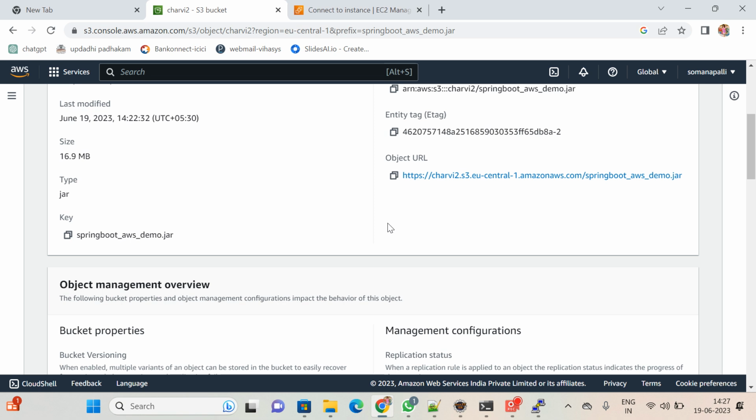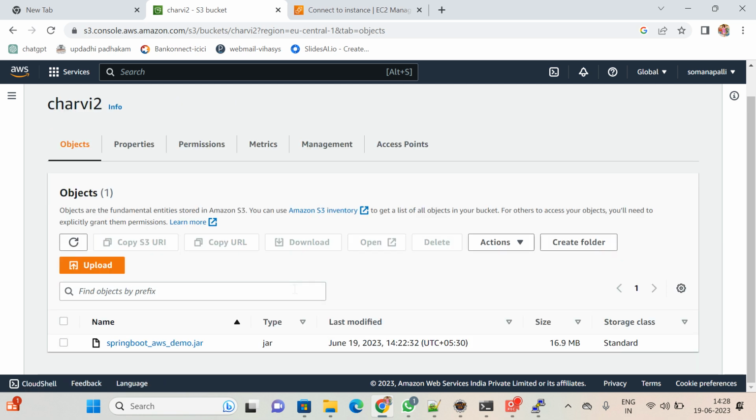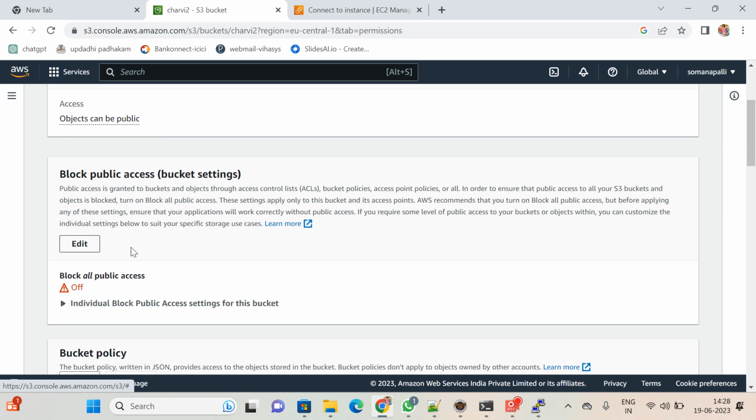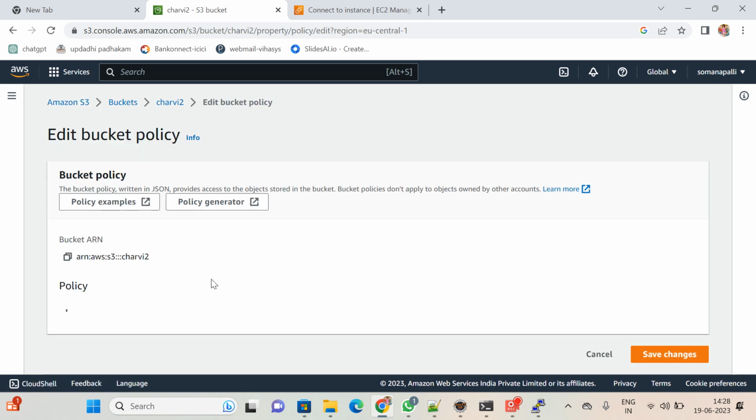If you follow the same steps, you may get the exact same error. But don't worry. Do you know why we are getting this 403 forbidden error? Because of some security issues or some policies, I mean accessibility-related permissions are not privileged. It's very simple to change this. Go to the charv2 bucket, and under it the permissions are there. Click on the bucket policy, click on edit,